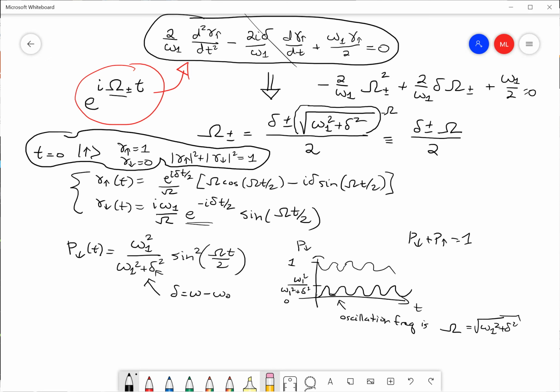You can read in the Bellac book what happens in the actual device, how you can use this to do spectroscopy and so on. I think that's a little too far afield, a little too applied for us. I just wanted to show you that you can use your knowledge of the time-dependent Schrodinger equation to